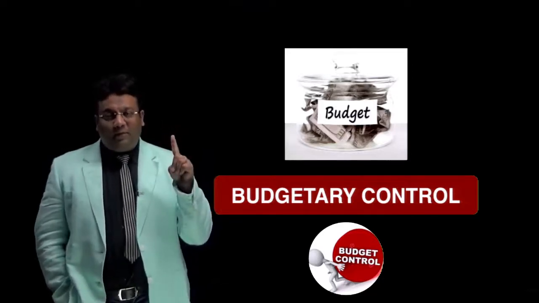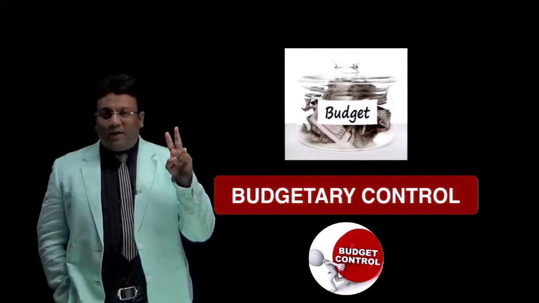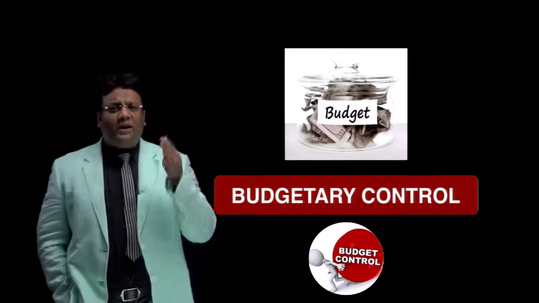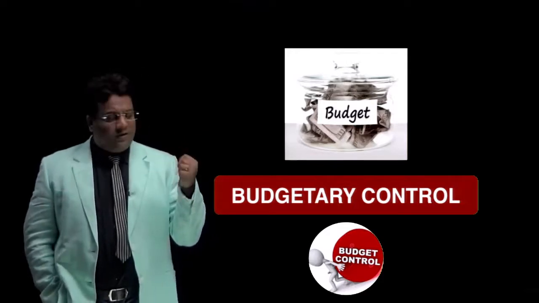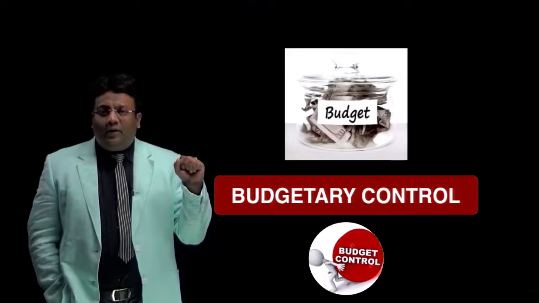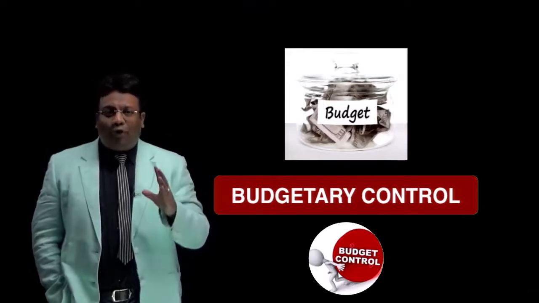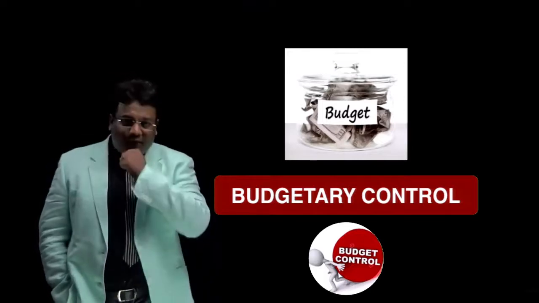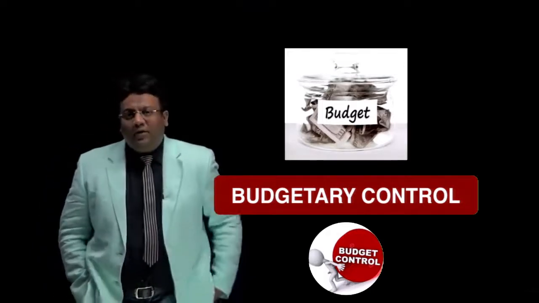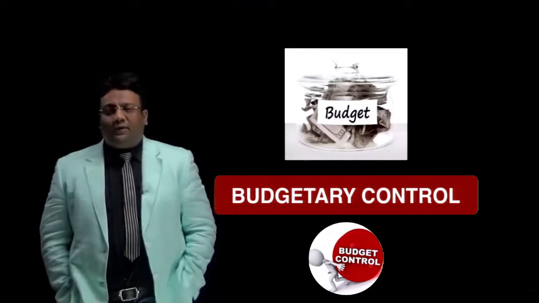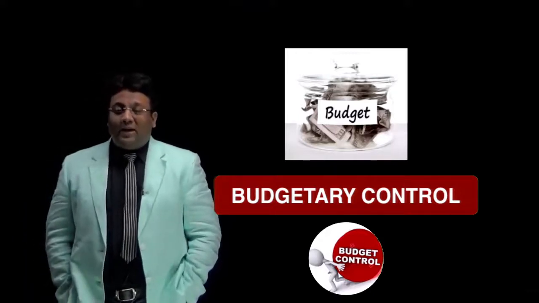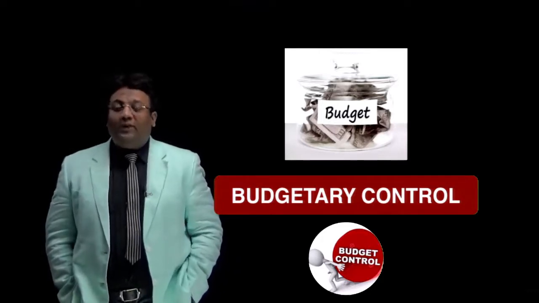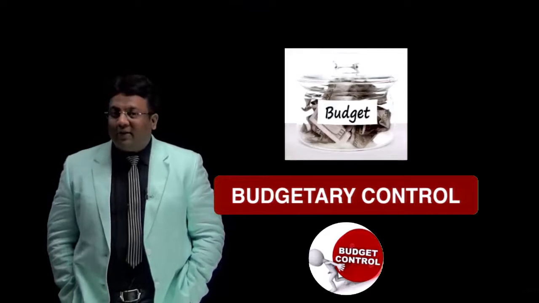Now, from exam point of view, I will divide this topic into 4 parts. First part will be flexible budget, cash budget, then functional budget, and of course the theoretical part. Some common theory is asked in your examination. Amongst these 4 parts, flexible budget is the most common one from exam point of view. A maximum number of times you will find a question on flexible budget.